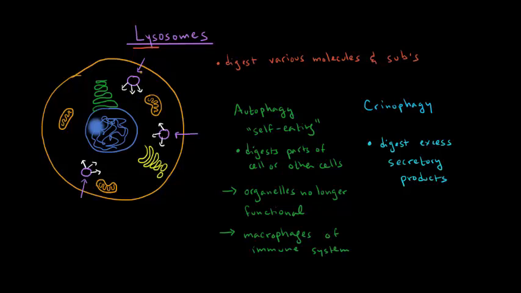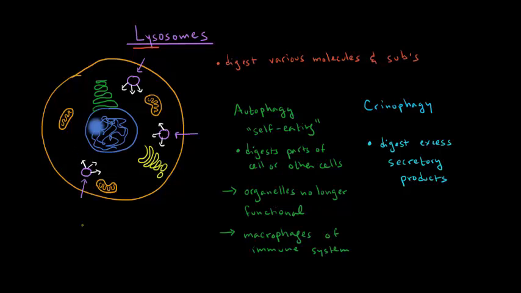It didn't exactly form those building blocks, but it broke the molecules down into their most basic parts, and those basic parts will be put into the cytoplasm and be reused. So for example, let's say the lysosomes digested some extra hormones that were lying around, and those hormones were made up of proteins. It'll break those proteins down into the individual amino acids, and then those amino acids will be released into the cytoplasm and they'll be used for something else.